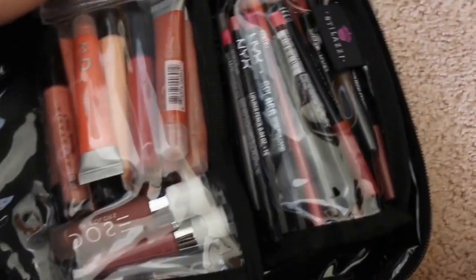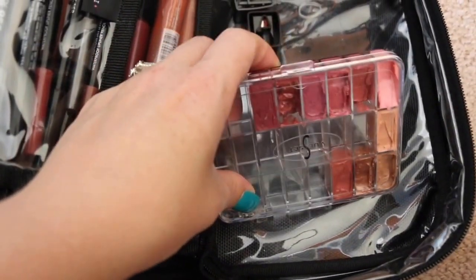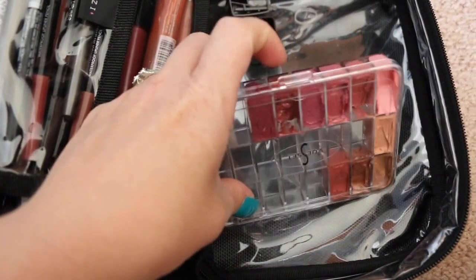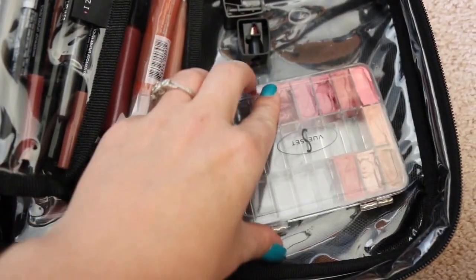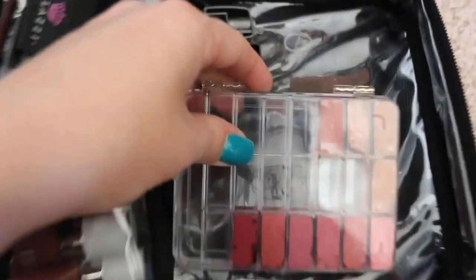This is my lip pouch. I'm in the middle of actually depotting my lipsticks, and this is the start of it. So I'm trying to put together a bridal color lipstick kit here, so you can see that these are kind of like your pinks to mauves, and then there's